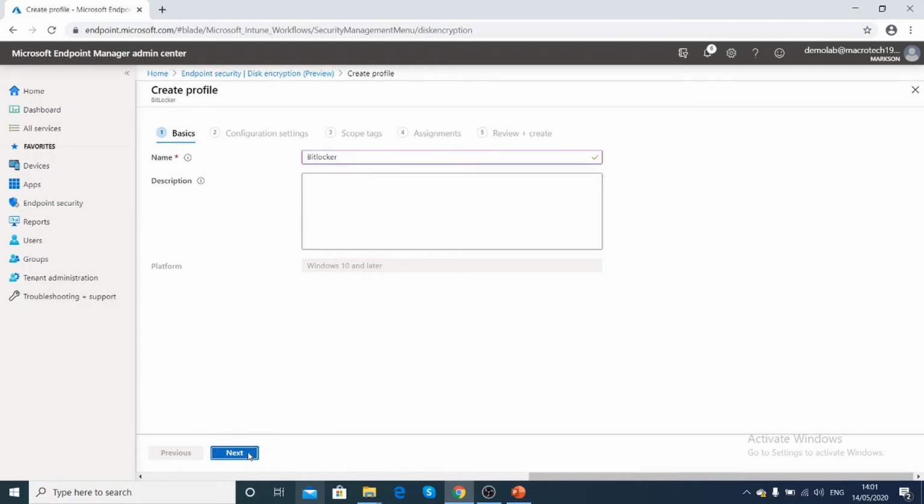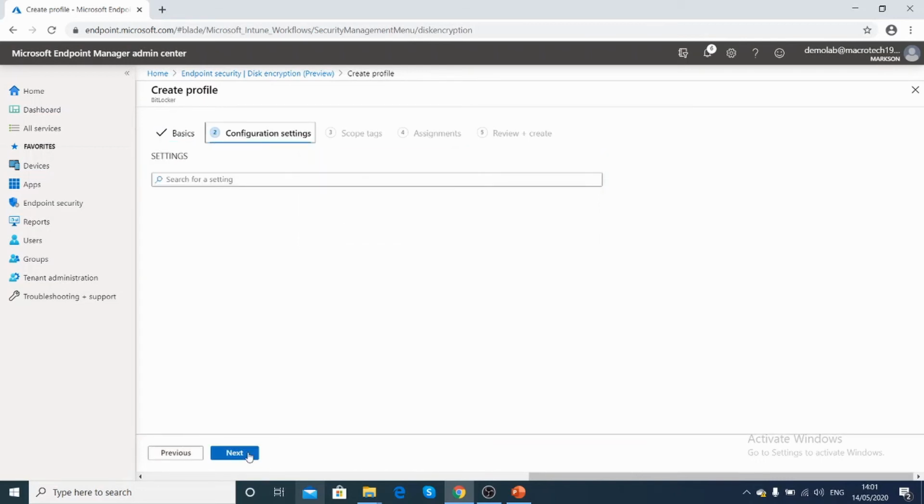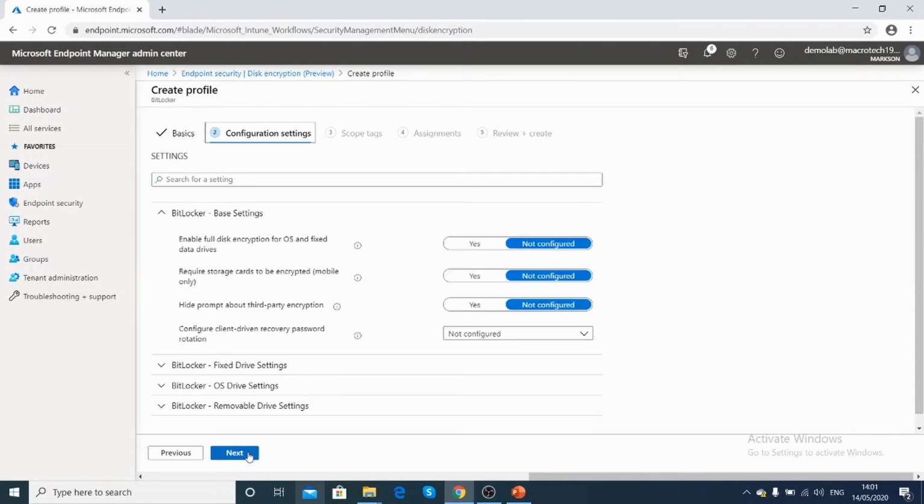BitLocker, choose the next option. So if you can see here, it is specific to any OS drive, a removable disk, USB or hard disk, or if you want to apply this policy on a fixed drive, you can apply the policy over here. So basically what happens is it will encrypt your hard disk outside, not at the data level. So whenever a user logs onto a laptop, a PIN number or TPM password is required to log on to the laptop. So that kind of restriction you can perform using disk encryption.